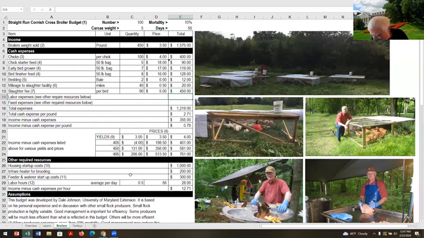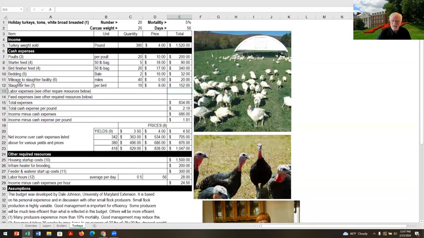All right, I am going to just take a couple more minutes for the turkey budget. It looks very much like a broiler budget. But turkeys are a completely different thing. It really is a holiday bird. This is a Thanksgiving and Christmas enterprise, because usually people are not going to be buying your expensive birds for eating routinely. So you're probably only going to have one or two flocks, probably two, because some of them you're going to keep a little bit longer for Christmas. So you have to be thinking about those types of things.